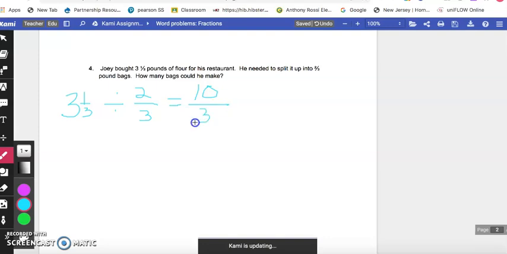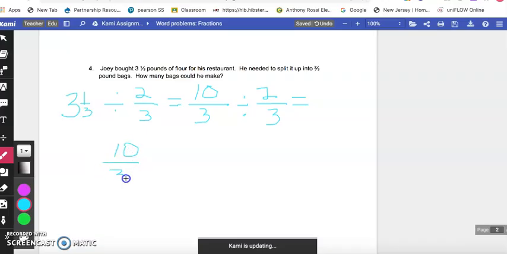I have 10/3 divided by 2/3. I don't see anything to cross cancel, but I do need to change my equation. So I have 10/3,